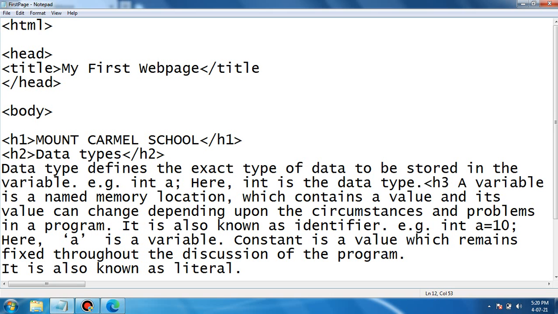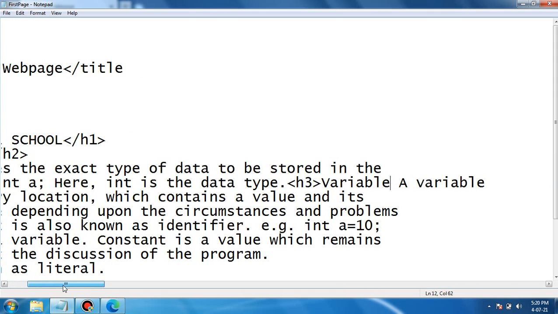There are only 6 headings. I will type here variables, and I will close it with h3. This is the close tag, or you can say the end tag, h3.